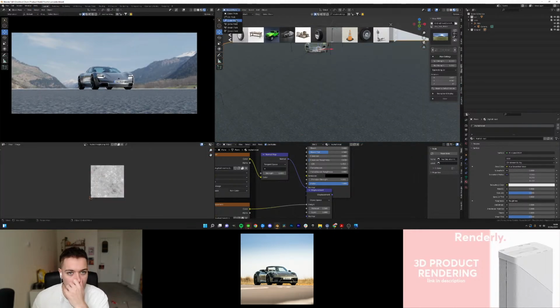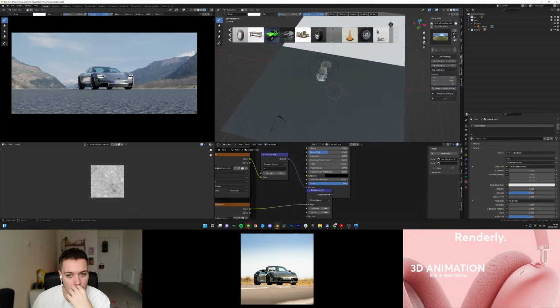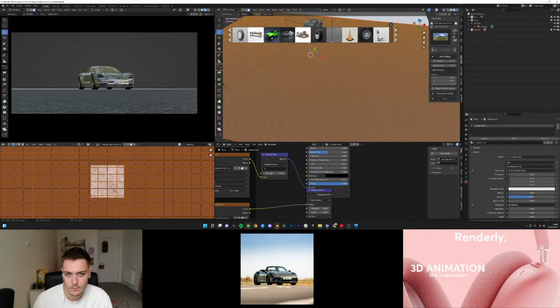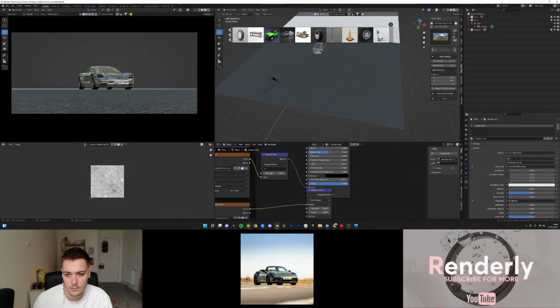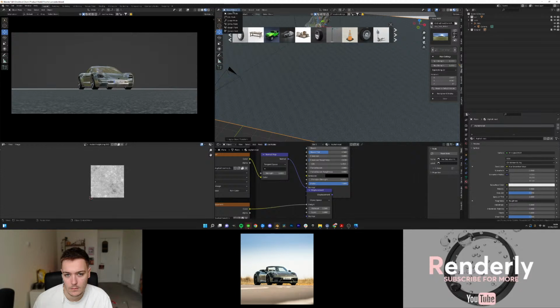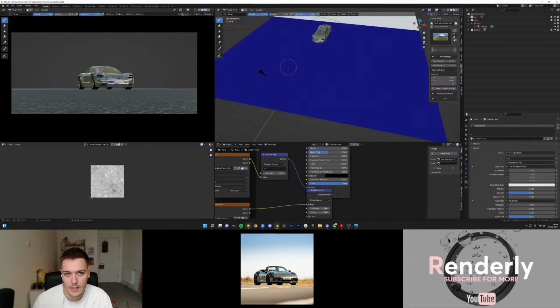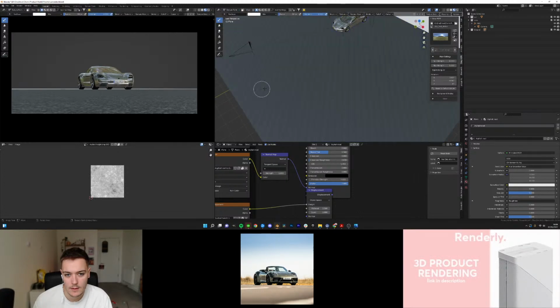I'm just subdividing the plane. Do I need to, like, I can draw it in texture paint mode. I draw it in,